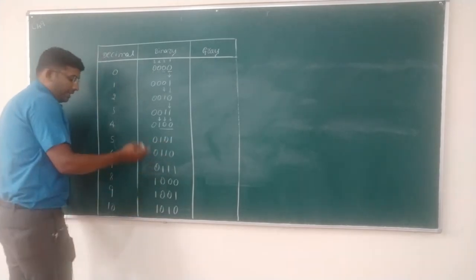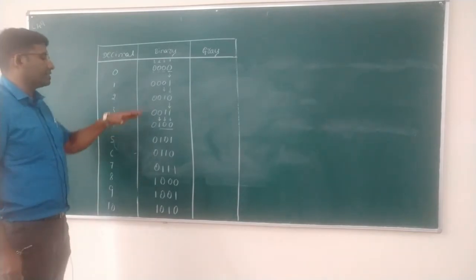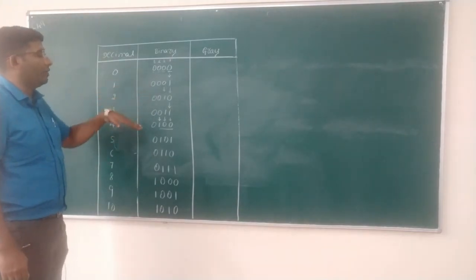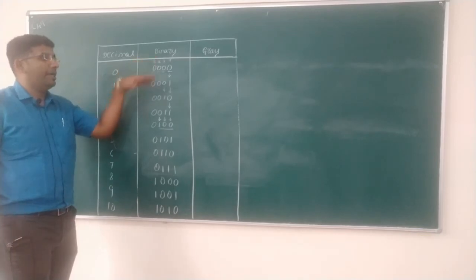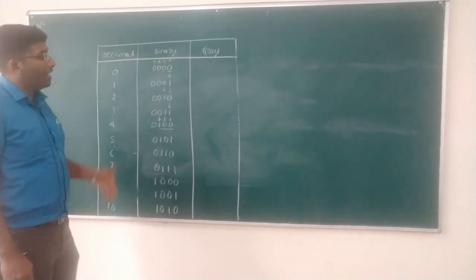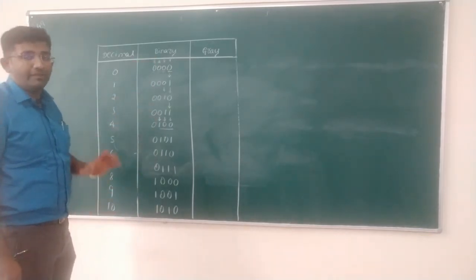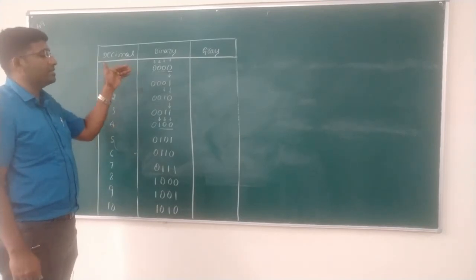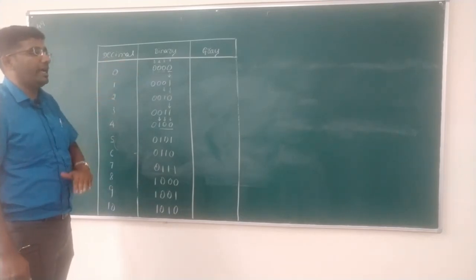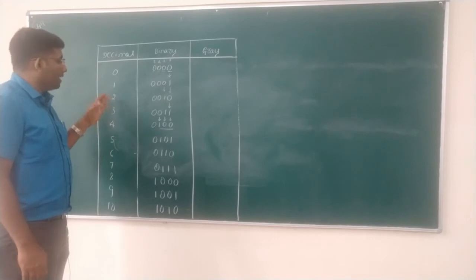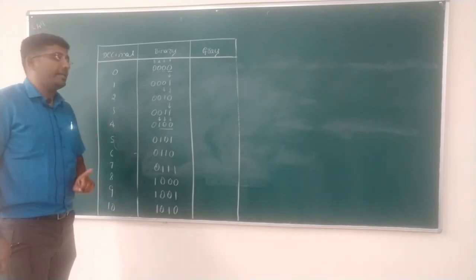You can see the number of bits that change when we are incrementing the value by 1 will be more in binary. If we are using a gray code, it will be having a rule. If you are changing from 0 to 1 or 2 to 3 or 4 to 5, it should be only 1 bit change.